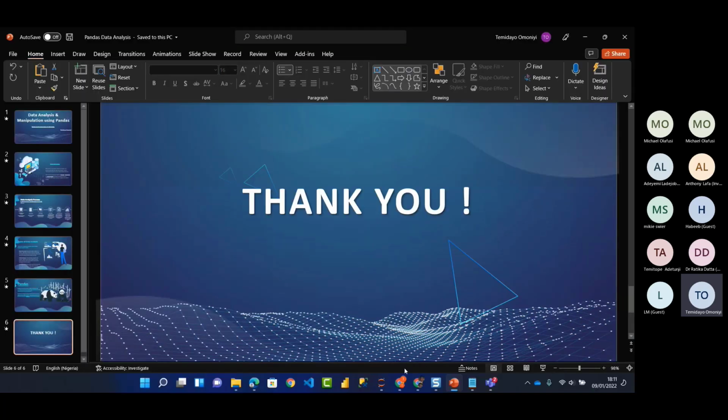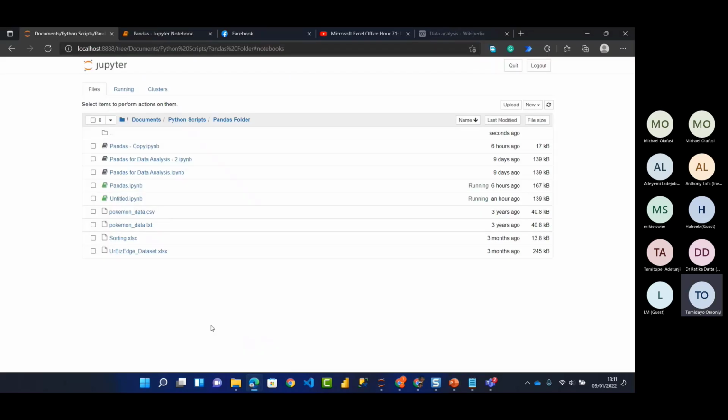For today's section, we're going to be using the Jupyter notebook for Anaconda. I remember last week I showed you guys how to download the Anaconda IDE, the integrated development environment. So we'll be using the Jupyter IDE for today's section. So I'll open my